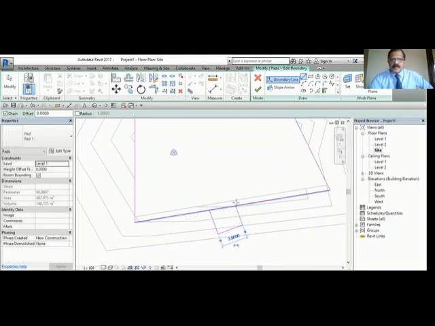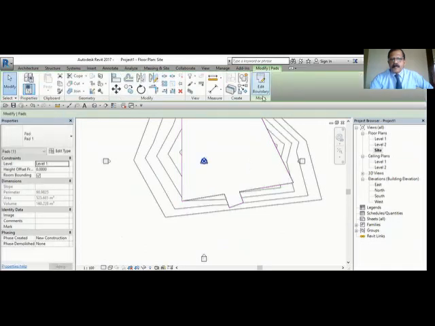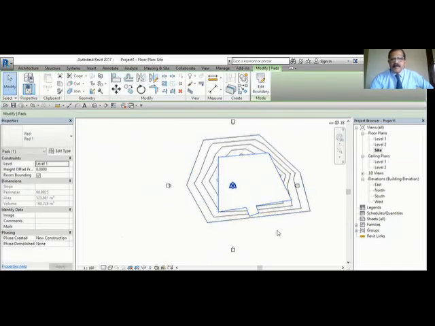Then I have to cut this. How will you cut this? Go here, split element, click delete inner segment. 1, 2. So it has come now. Okay, so you created a pad with all the details.